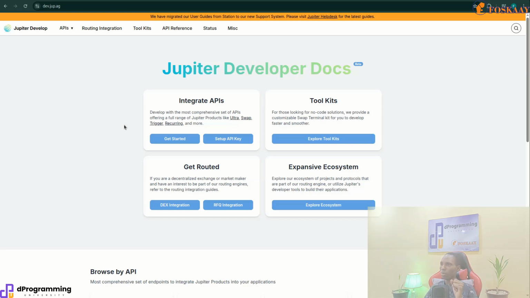Now, if we are using Jupiter, like I told you, Jupiter is an aggregator. Which means when you use Jupiter, you are not using just a specific DEX. You have access to multiple DEXs in one place. Jupiter is a leading DEX aggregator in the Solana ecosystem. So we will be starting first from the Jupiter documentation, because I always recommend it. Whatever you are building, try to at least spend some time